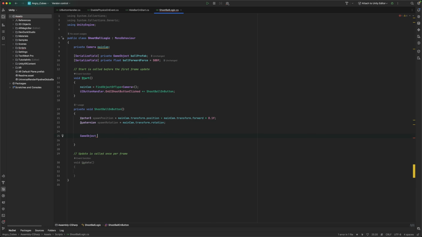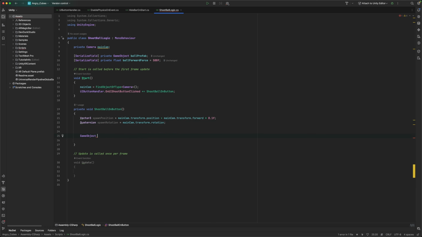For that we need to get the component first of all of our spawned ball, so that we do have access to the rigidbody. And if the rigidbody does not equal null, so if we basically remembered to actually put a rigidbody on our ball that we're going to create in a second,